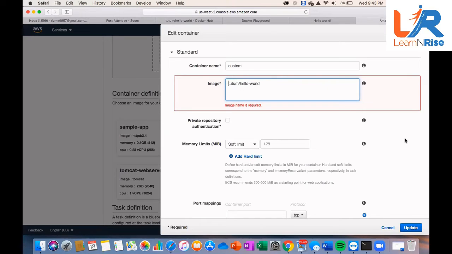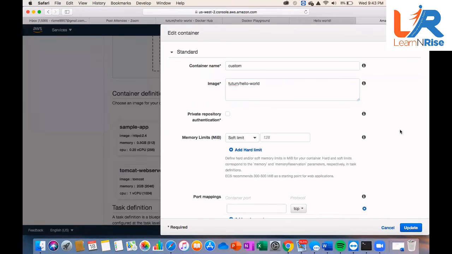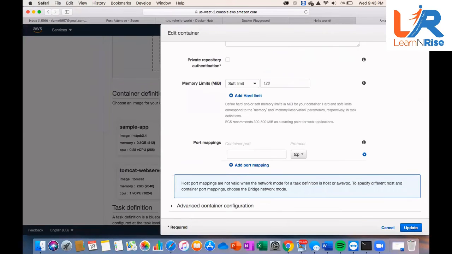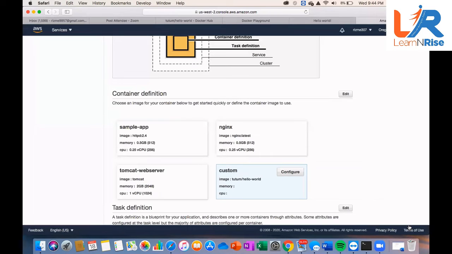In port mapping, if you want, you can give a port, let's say 80. Yeah, go ahead and now just click update. Yes, scroll down.